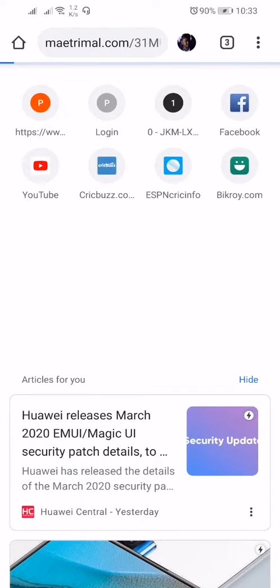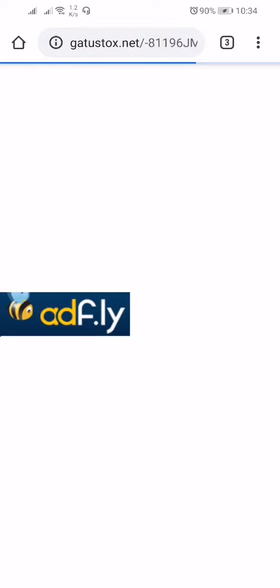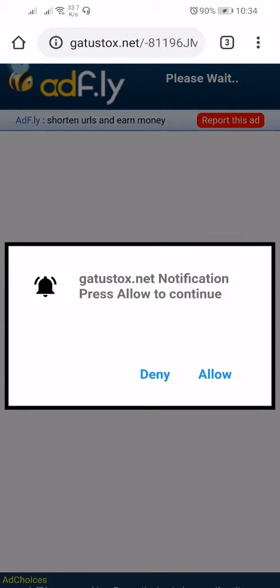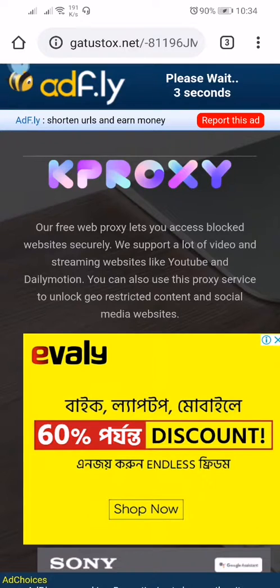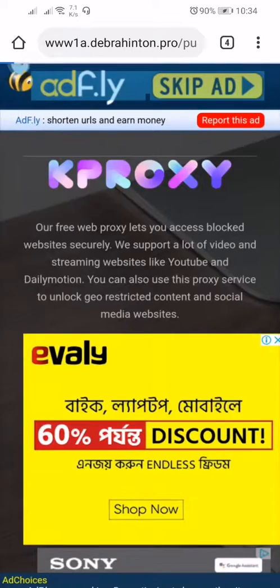So here you can see, here you have to allow or deny, that's not mandatory. After that you have to wait for 5 seconds. Then there you will see a skip ad button, yellow button here. Click on it,